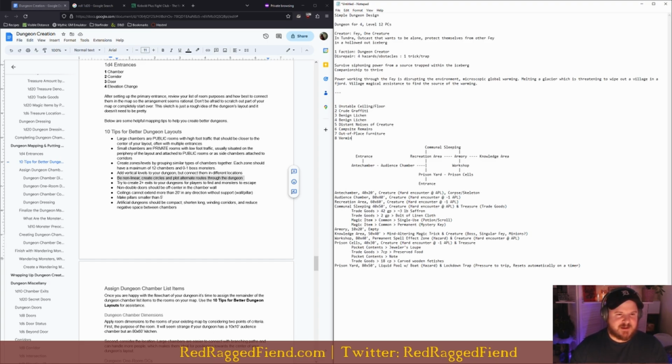So we talked about them getting there. I think crude graffiti is somewhere between the entrance that they may or may not have come into and there. But it also makes a lot of sense for the prison yard or the prison cells, perhaps more. I feel like if it was useful graffiti, it would definitely be in the prison cells. But since it's just crude graffiti,